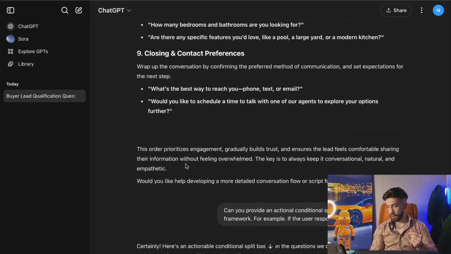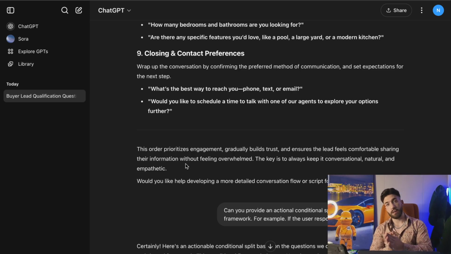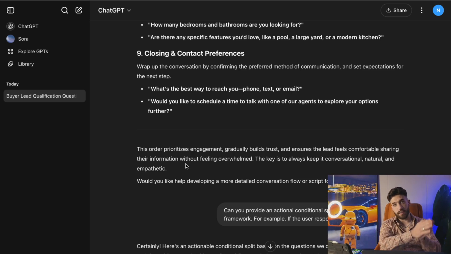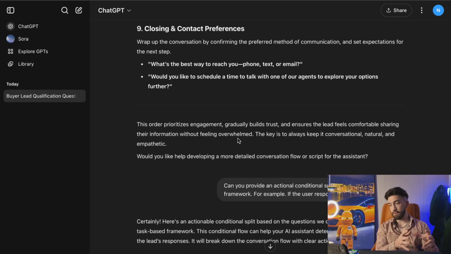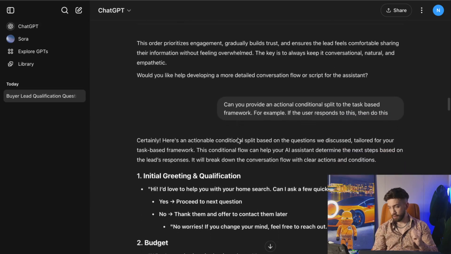And then I said, similar to asking for conditional splits, if you want to make it a bit more like, if the person says this or this, you can say if the person does this, then qualify them, or if they do this, disqualify them. I said, based on the task-based framework, can you provide actionable conditional splits? So for example, it says